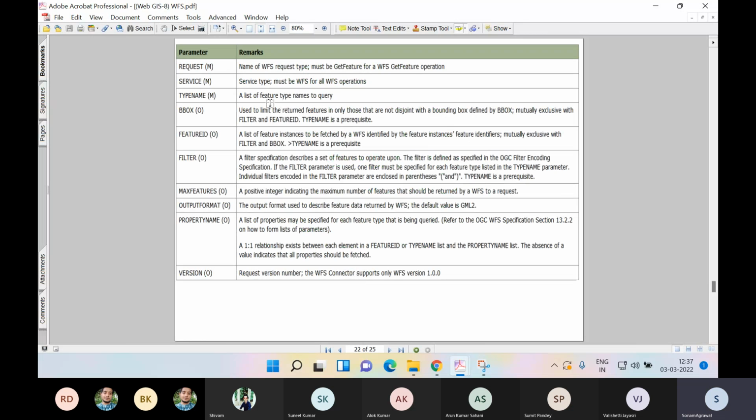इसको नोट डाउन करिए, मैंडेटरी पैरामीटर्स, रिक्वेस्ट सर्विस टाइप नेम। यहाँ केवल एक फीचर का एक बार में रिस्पॉन्स आएगा। डिस्क्राइब फीचर टाइप में आप चाहे जितने भी वेक्टर डेटा अवेलेबल हो, चाहे आप सबका पूरा स्कीमा डॉक्यूमेंट देख सकते हैं या किसी एक का, लेकिन जब हम गेट फीचर की रिक्वेस्ट करते हैं तो एक बार में किसी एक ही वेक्टर का, जैसे केवल ट्री का, केवल लाइन का, केवल रिवर का, इस तरीके से किसी एक फीचर का आप डिटेल केवल देख सकते हैं। तो यहाँ पर सारे जो तीनों गेट कैपेबिलिटीज, डिस्क्राइब फीचर टाइप और गेट फीचर,